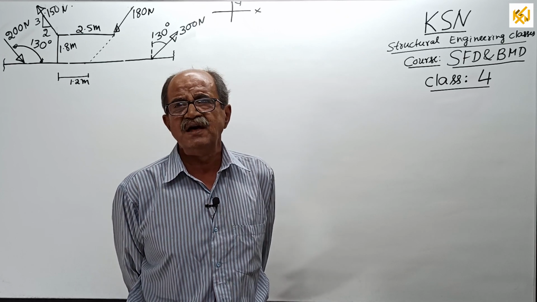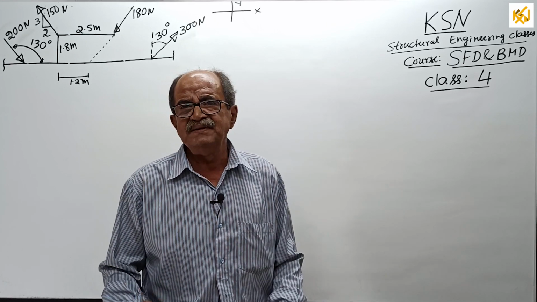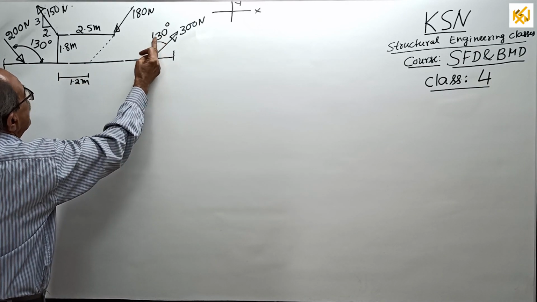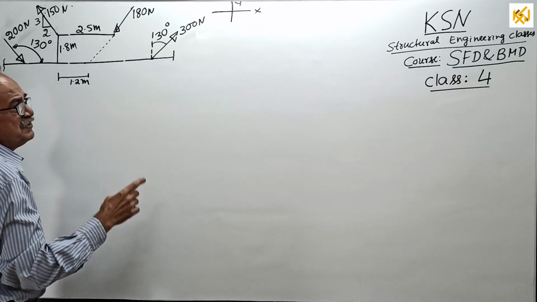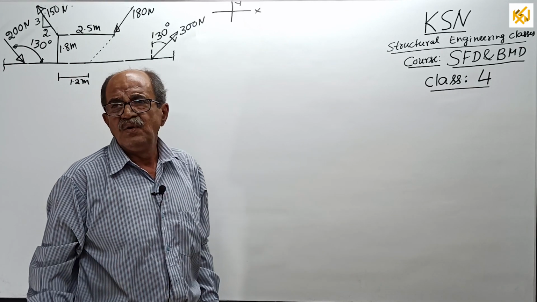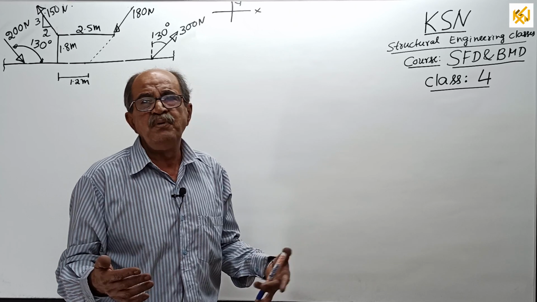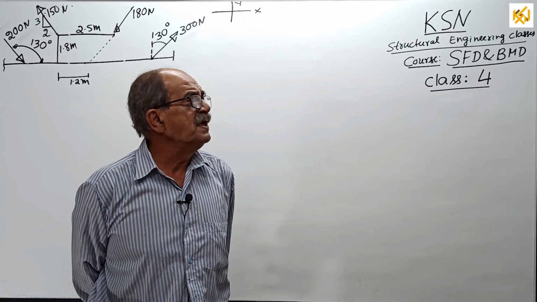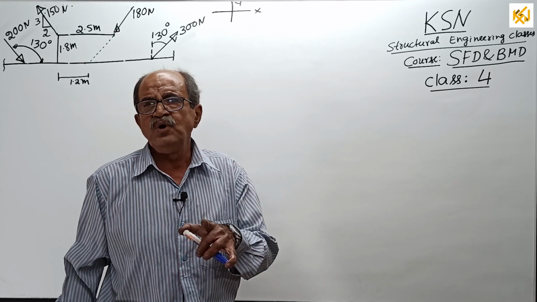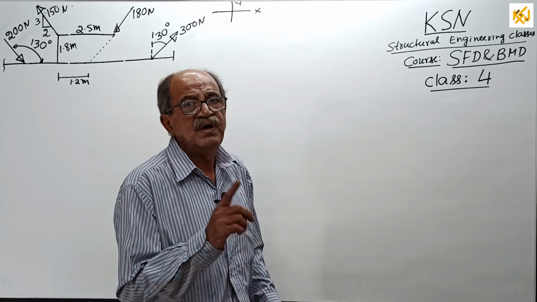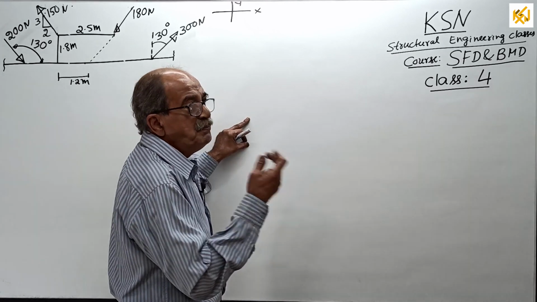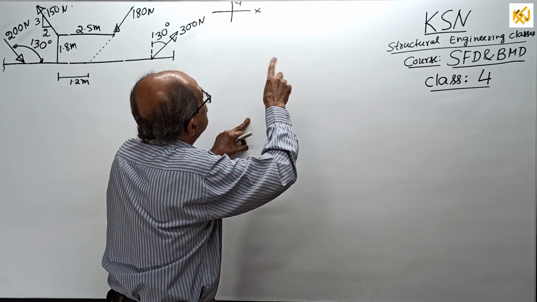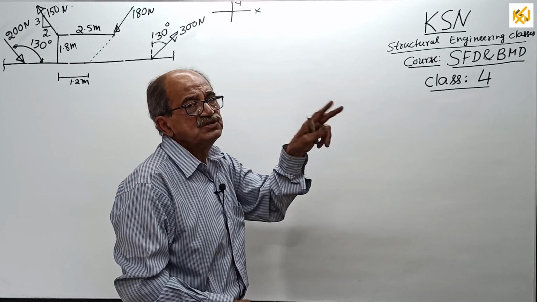This I thoroughly explained last time. Now what will happen sometimes is, see, for example, here the angle is given with vertical, here with horizontal. Sometimes it happens in a question, maybe an academic question or any competitive examination or anywhere. Some places angles are given with horizontal, some places with vertical. Then when you resolve, you should be careful. You have to start thinking every time you see a force. Then mentally you have to tell yourself, oh, this force is making this much angle with the x. Therefore, x is cos, y is sine.